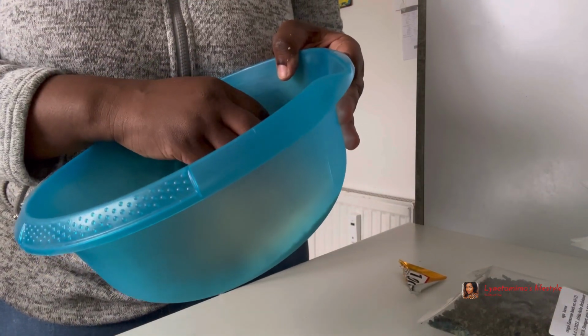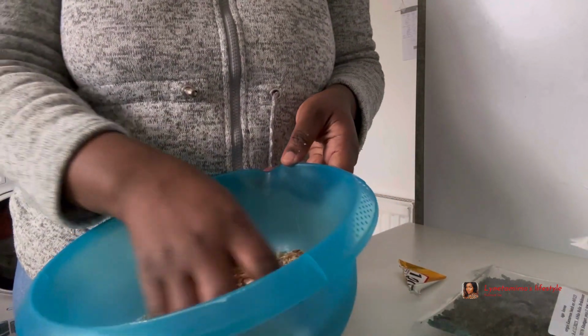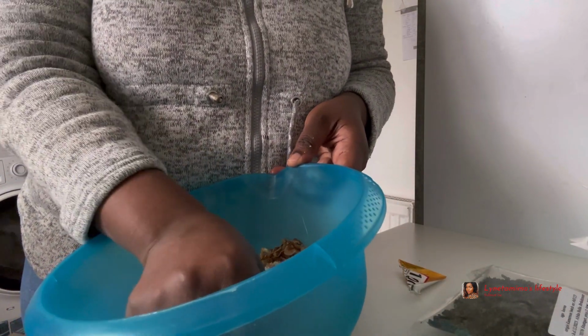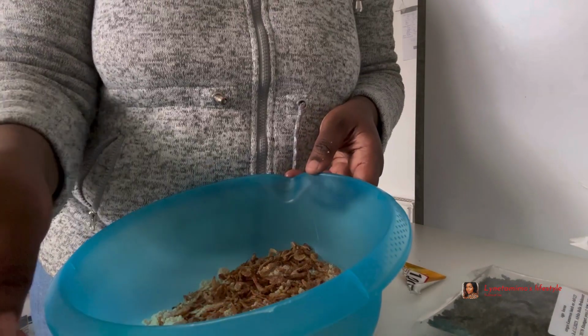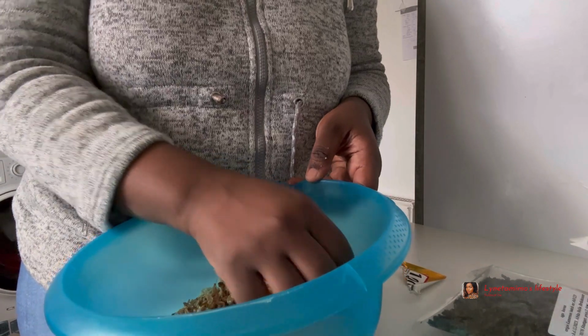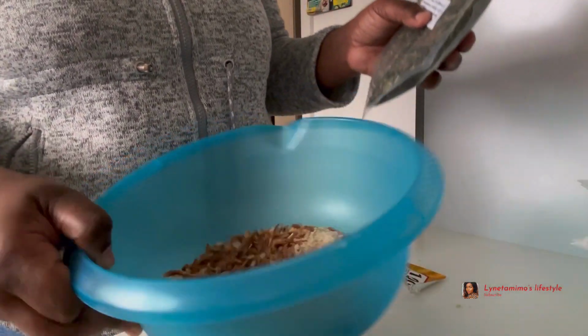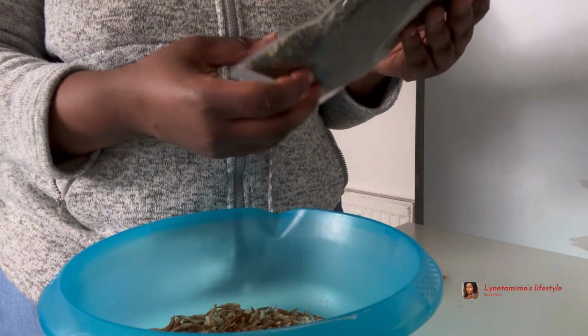This one, yeah, for cooking. I don't like this one. Why? It's the oil. Oil. Oh, oil. Yeah, oil. Palm oil. Red oil. Okay. So now we just go ahead and add